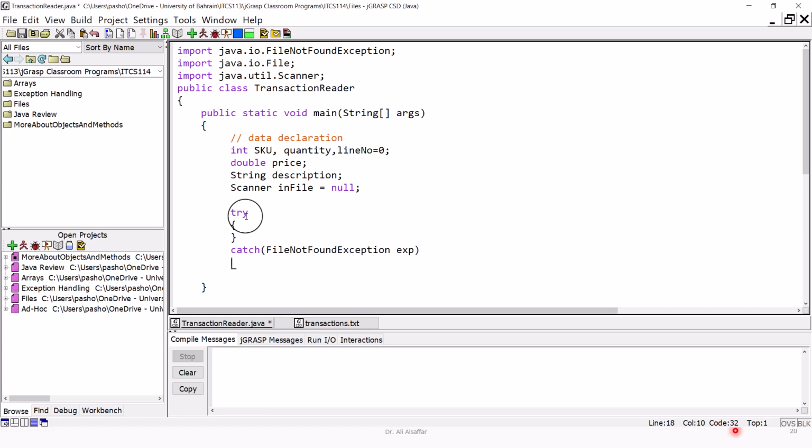variable name for the exception will be called exp, and inside it we are going to display a message, System.out.println. If there is a problem reading from the file or file is not found, then we need to display a message that says cannot find the file, and we need to print the file name, which is transactions.txt,